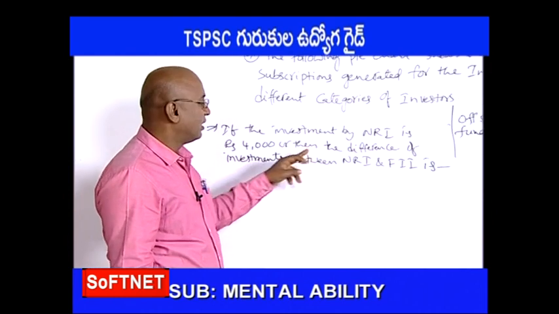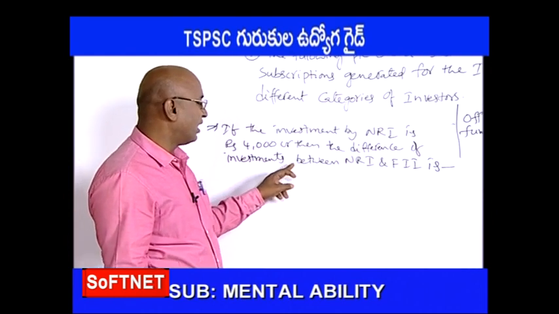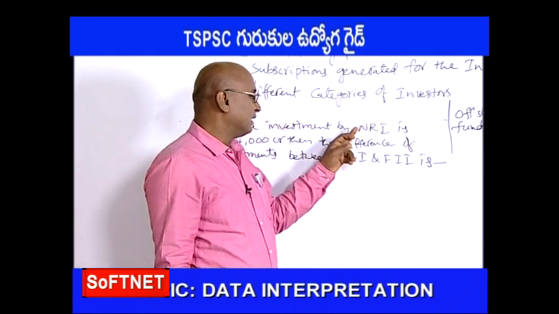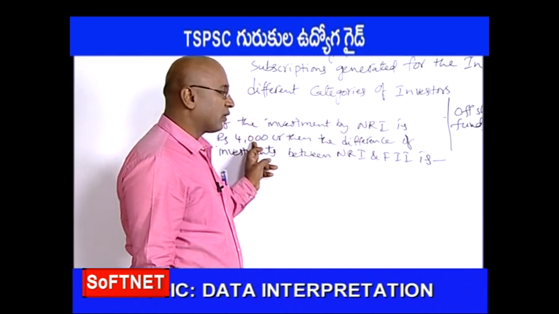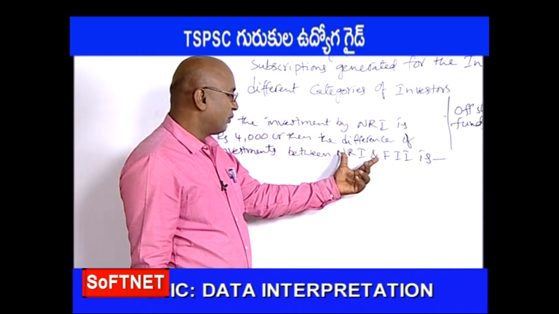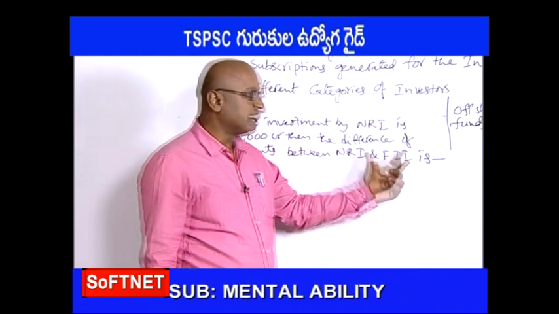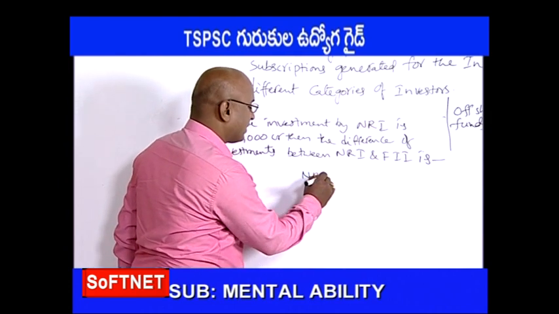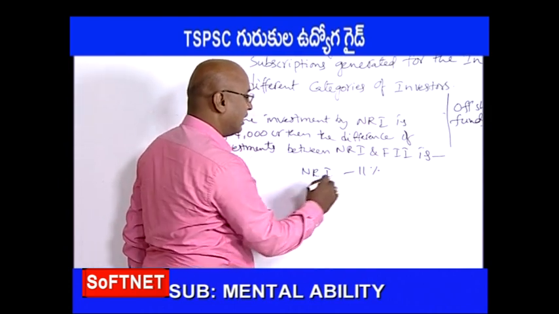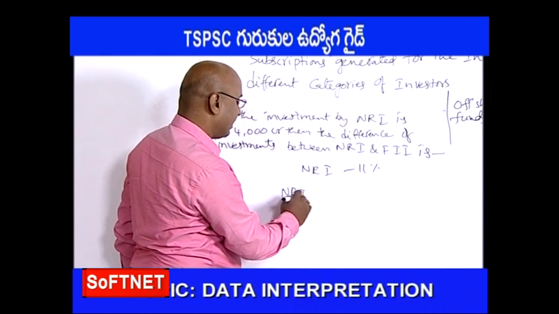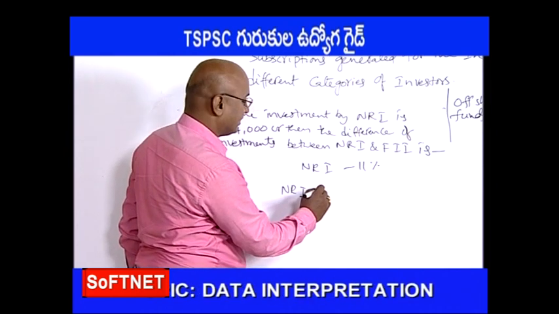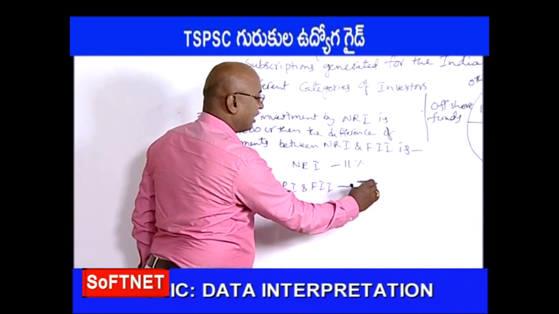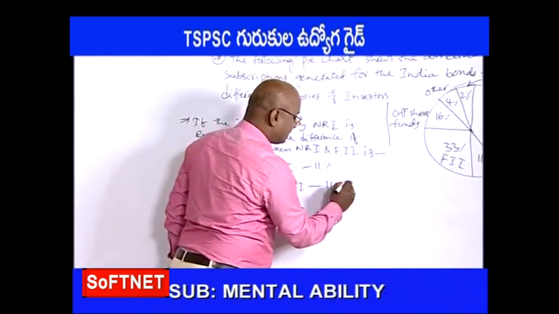The next question in this type of problem is, if the investment by NRI is rupees 4,000 crores, then what is the difference between the investments of NRI and FII? Here NRI is 11%, and the difference between NRI and FII: NRI is 11 and FII is 33%, and